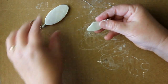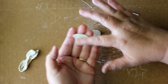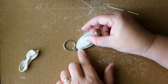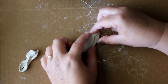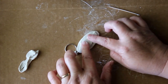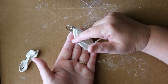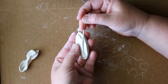And once you have all the edges smooth, put your key ring back in place. Wet the back of this little fish cutout, and then line them up, centering it in the middle of your oval. And then give him a little press. And then you want to do the same here. You want to take your toothpick and be careful, because your clay is still really wet and you can misshape it very easily. So just hold it gently